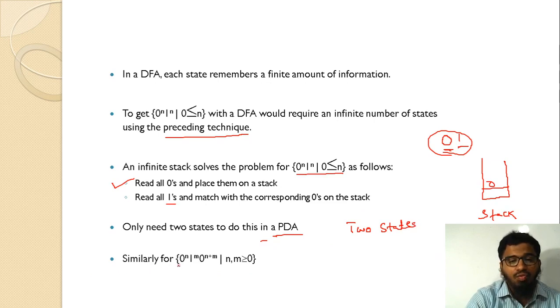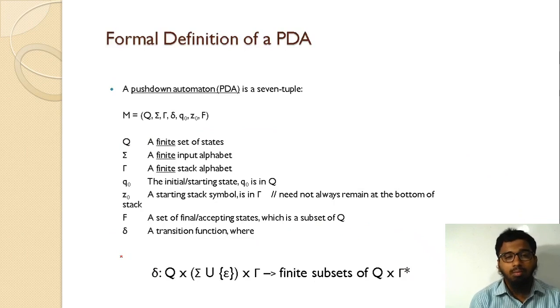Similar for 0 power n, 1 power m, 0 power n, where n, m is greater than or equal to 0. So, with this, similarly we can solve this kind of language also. So, we will take one language and we will solve it, but before that we need to know